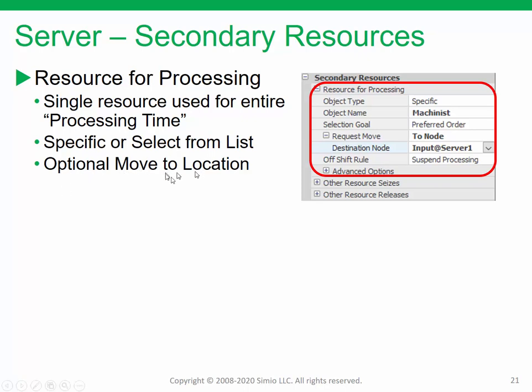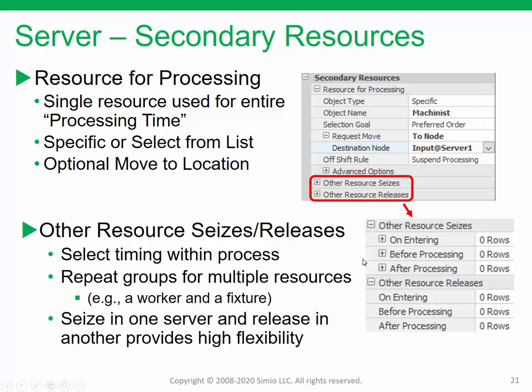You have an optional move to location, so in this case, for example, if I'm modeling the machinist as a worker object, then a move to location would say find where this resource is currently located, and then move that resource to the server object prior to processing. So in this case, the machinist is required for the entire processing time,